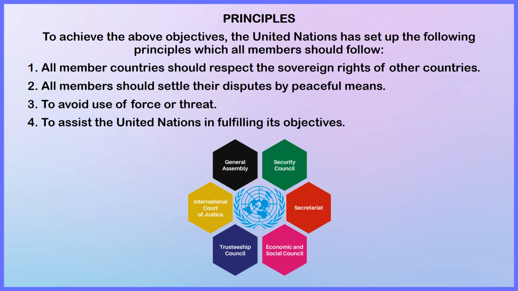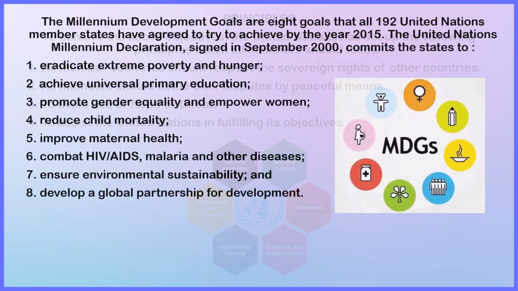The Millennium Development Goals are 8 goals that all 192 United Nations member states have agreed to try to achieve by the year 2015. The United Nations Millennium Declaration, signed in September 2000, commits the states to 1. Eradicate extreme poverty and hunger, 2. Achieve universal primary education,